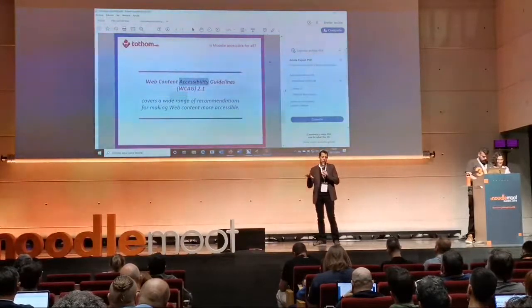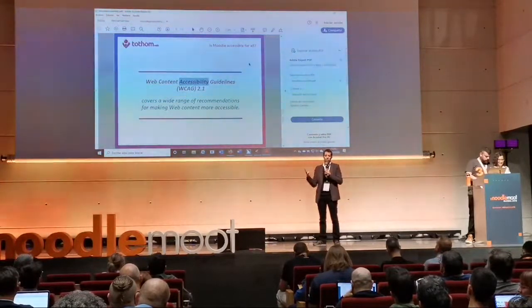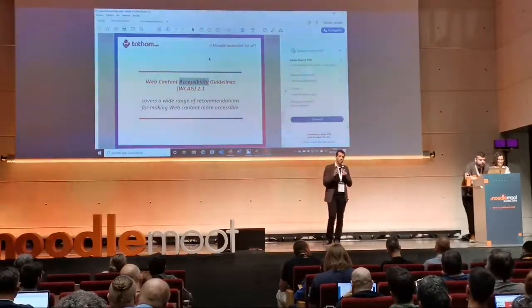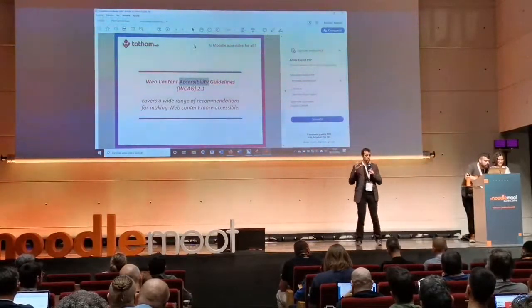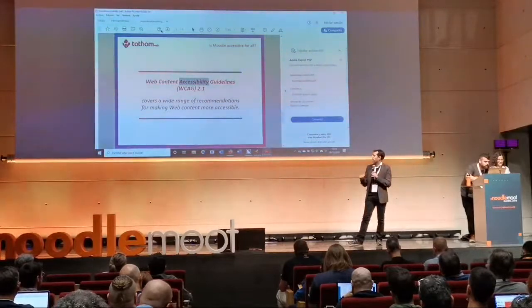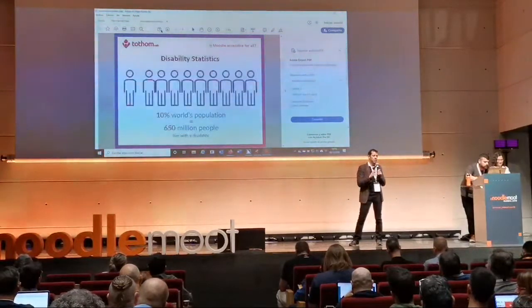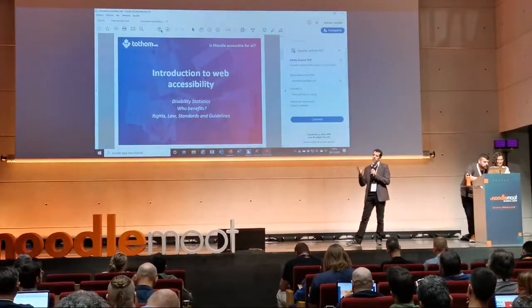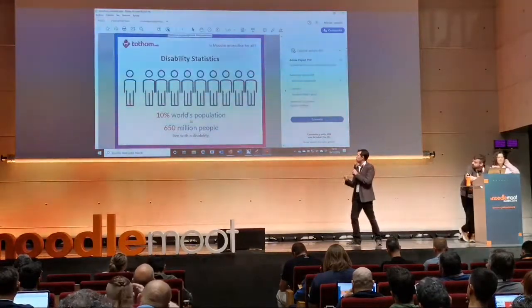And this also applies to Moodle. As Moodle is a platform meant to be for everyone, it's important to make contents for everyone. And as you will see, making contents for everyone is quite easy for you to do.